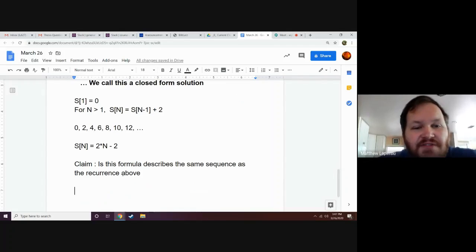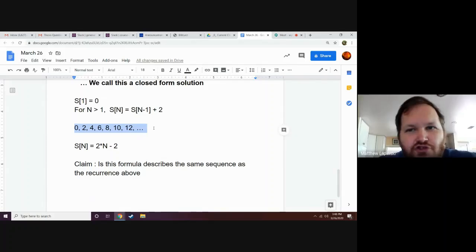So it seems to check out, but there's an infinite number of terms in this sequence, and I can't really check it for every particular term. Which means that if I wanted to convince you that this formula is a good formula for this sequence, I would need to use induction. So